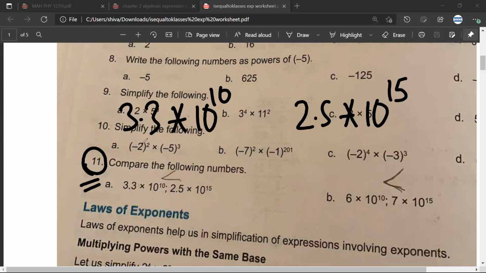Mr. Aryaman, how should I do it? So first, we have to show which one is bigger, smaller, or equal. So we will do 3.3 into 10 to the power of 10. So we'll get 3, 3, and then 9 zeros after it, because it's 10 to the power of 10. So we move the decimal 10 times, and each time we move it, we add a 0 if there's no number.